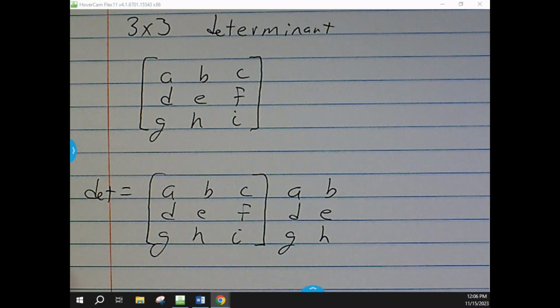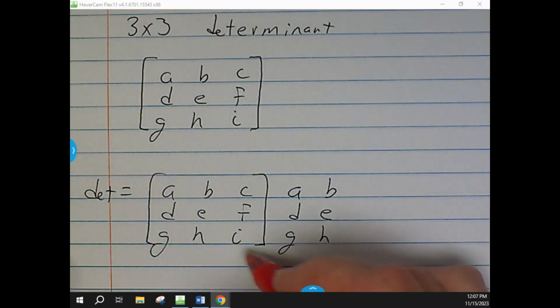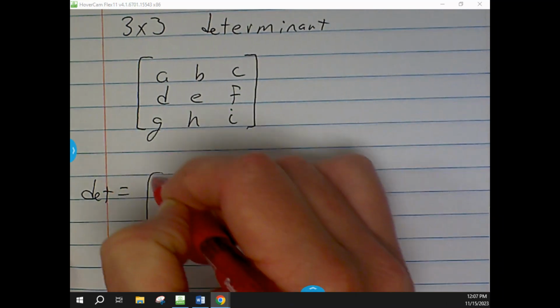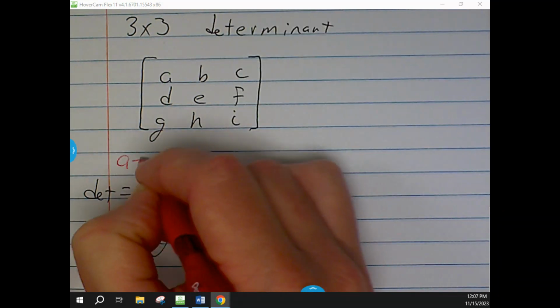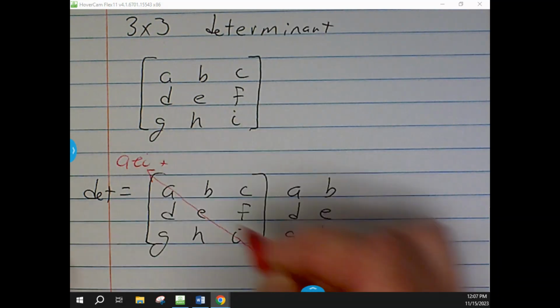Okay, and that way we can actually now go back and do our cross products. We can do A times E times I. And we're going to add that to